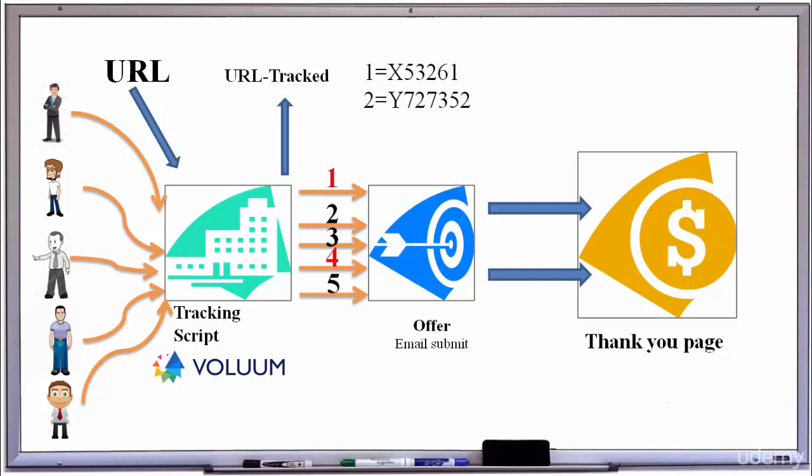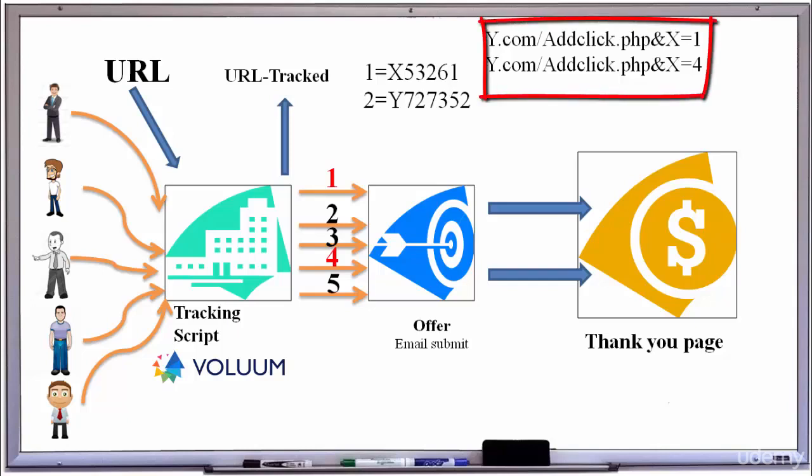The link that the tracking tool will give you is, for example, y.com. It will be your domain.com, because you will need to give the script a domain name, because we're going to need that domain. We're going to talk about this step in the next videos. So, for example, when you give your domain in the script tool, it automatically generates a new URL and gives you, for example, y.com/